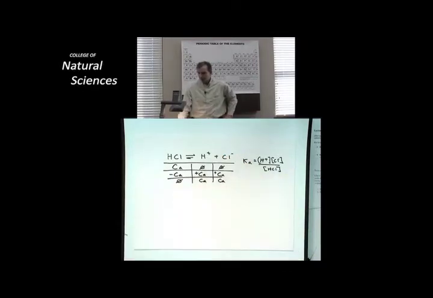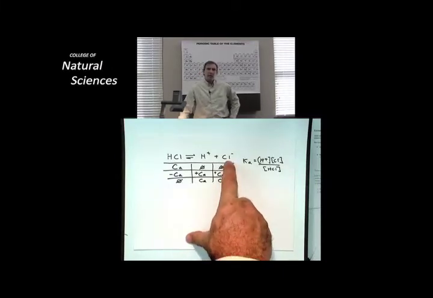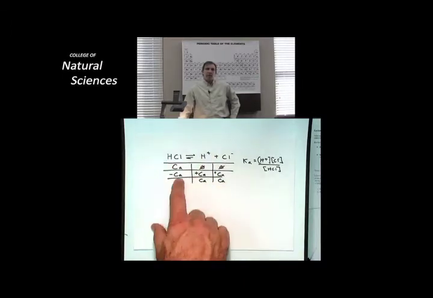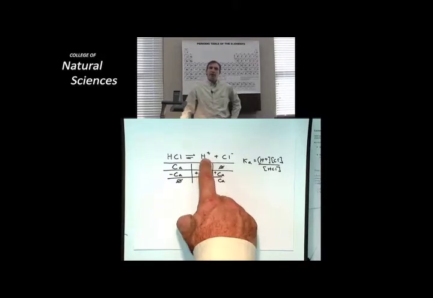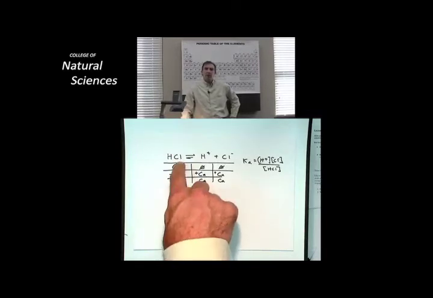But wait a second. The chloride is a spectator. It does not contribute at all. So that at equilibrium, I have no HCl, chloride has no effect. My proton concentration is the only thing that matters, because that's the only thing I need when I measure pH, and it's equal to the starting amount of the HCl. Therefore,